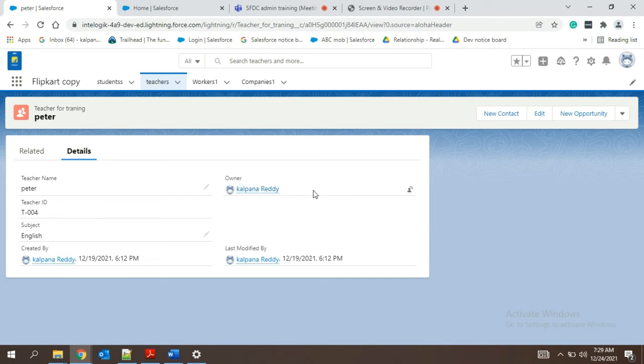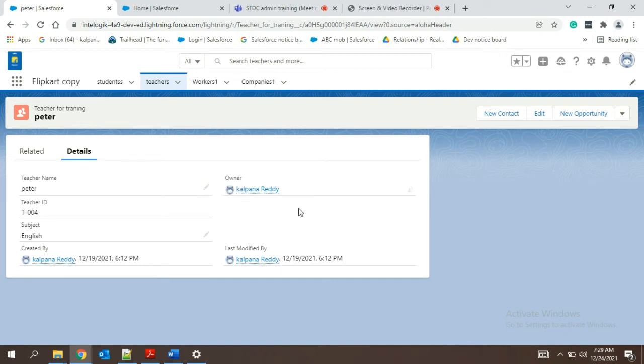So in my perspective, this record is owned by me. So why should other department people, like Telugu people, have to see? I am an English customer service agent. So only those who are working with my group should see my records, and my manager, but not the other group people. So at this time, it is very much necessary, otherwise a data breach will happen.